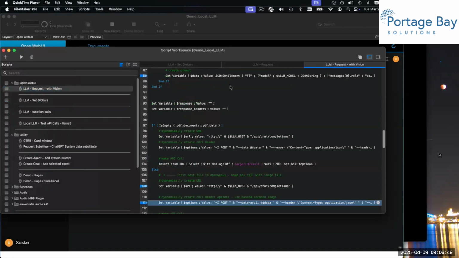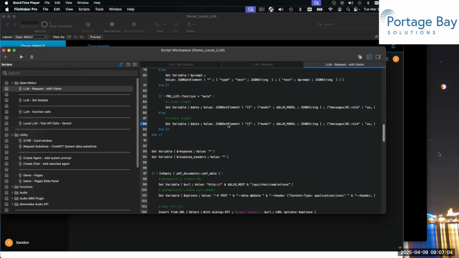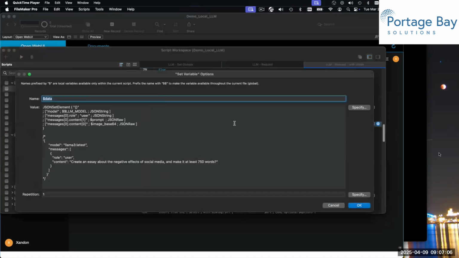And for setting up what we need for the insert from URL call in FileMaker, we need to set some variables that we're going to pass into that insert from URL curl call. So we're going to do that first. We're going to go in here to create a data variable, and the variable for the data is going to be a JSON object. And you can see an example structure of that JSON object down at the bottom of that,